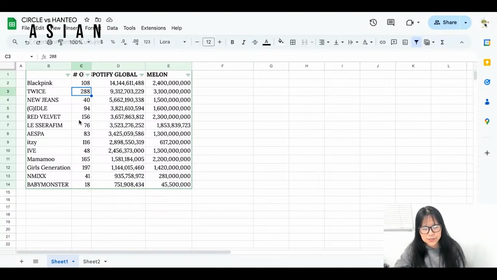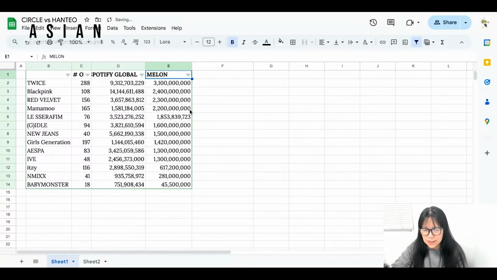Red Velvet has 156. ITZY has 118 and Blackpink 108. This includes, hi Ran, this includes remixes. Okay, so this is in total because they do count the remixes streams. So for Melon,